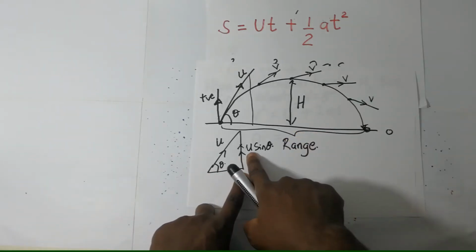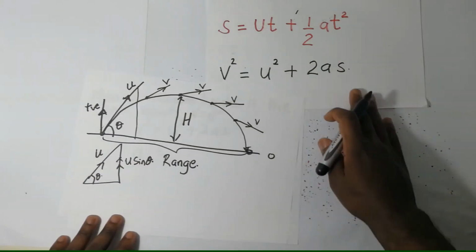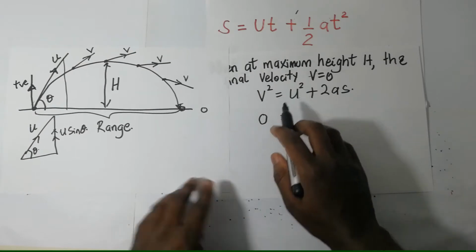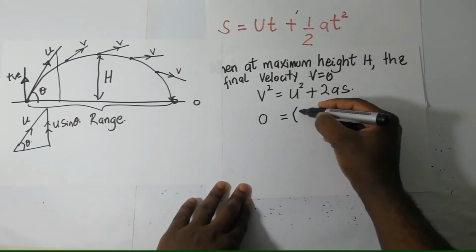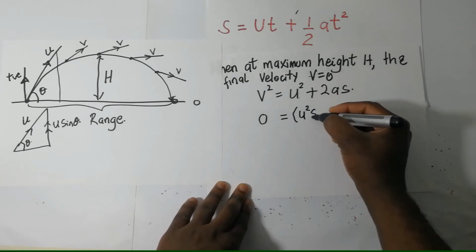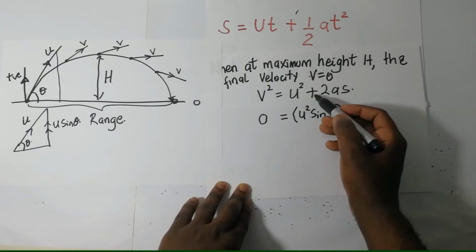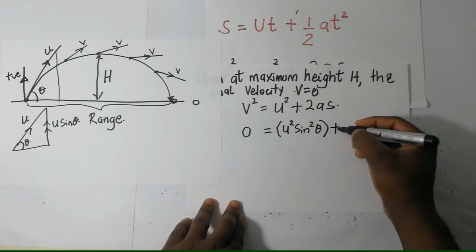That is the component of the initial velocity in that direction. So the initial velocity squared is going to be represented as u squared sine squared theta, and then it's going to be plus 2